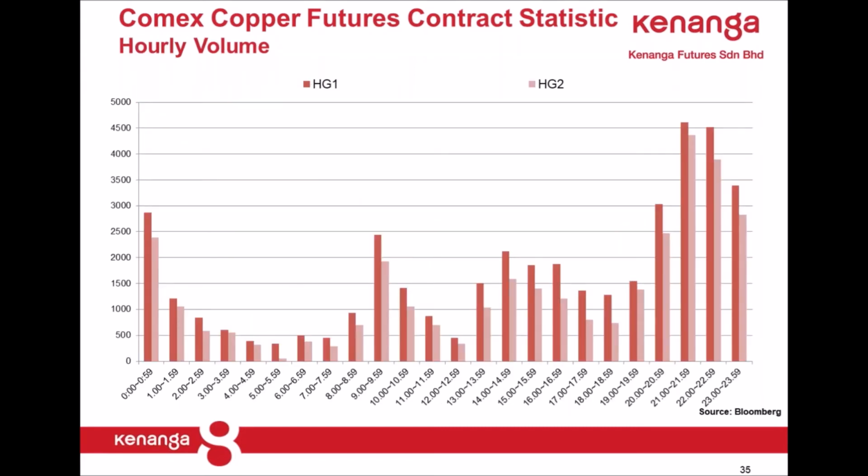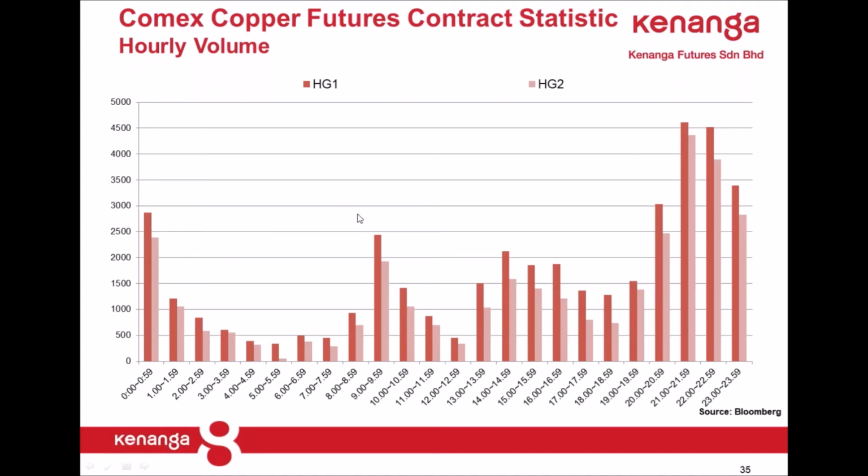Now this will be the average hourly volume that I extracted. This is for the period of 6 months as of yesterday. So meaning to say, for the past 6 months, I take out the hourly volume, and I average it out by the hour. This is on 12 to 1 a.m. Malaysia time, 12 to 1 a.m., 1 a.m. to 2 a.m., 2 a.m. to 3 a.m.